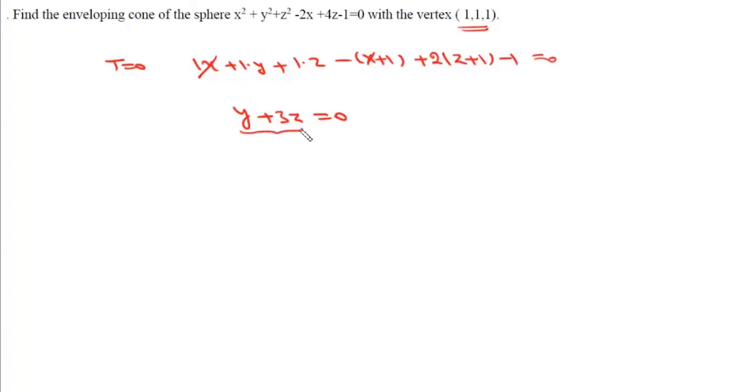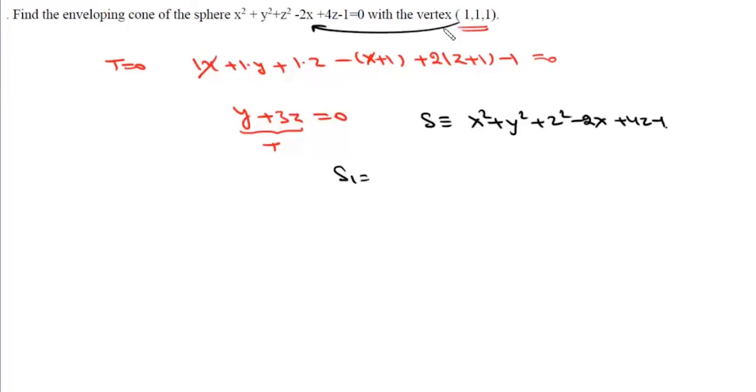So now we have T, and S is basically the same equation. This S is x square plus y square plus z square minus 2x plus 4z minus 1, and then S1 is this value. If we put x, y and z as 1 in this equation, we'll get 1 plus 1 plus 1 minus 2 plus 4 minus 1,